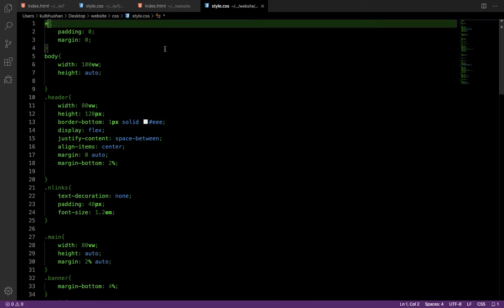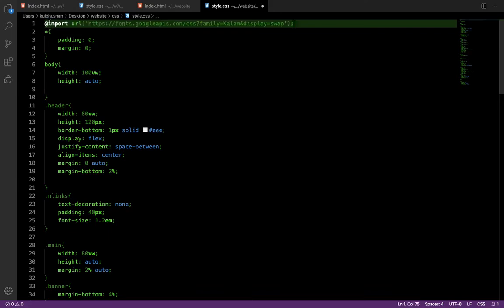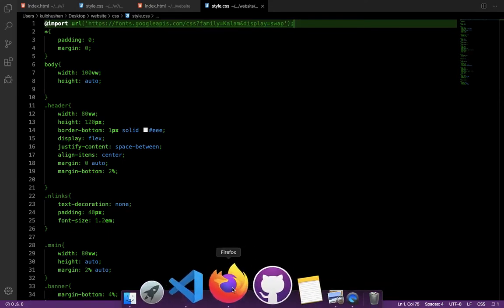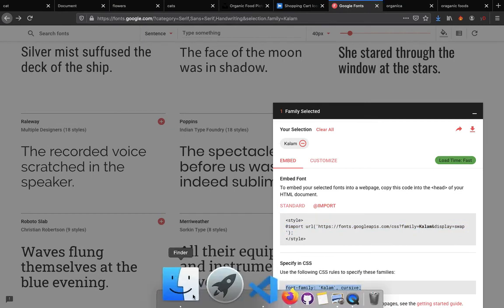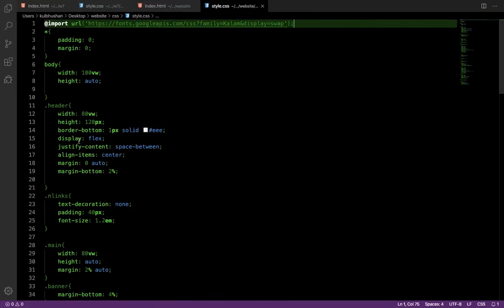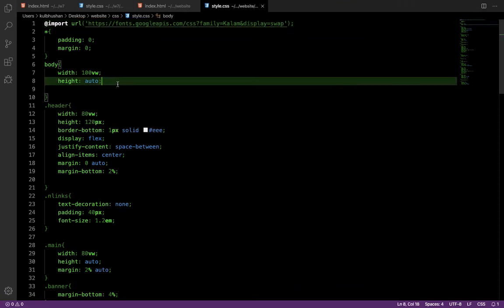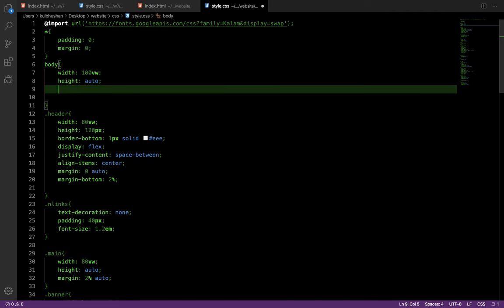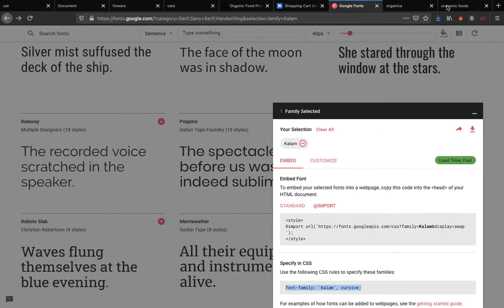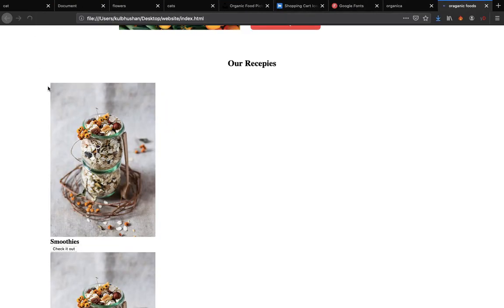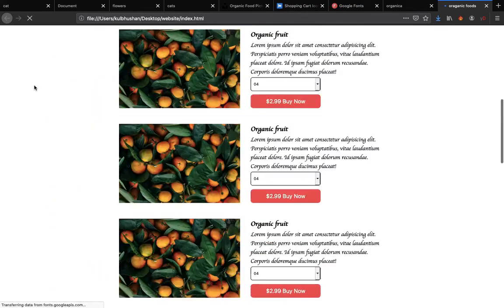Come over here and put this here, saved it. Now come back again. Now you need to copy this thing. We need to give this font to the whole family, whole body. If we were giving it to something specially, we had to put it over there, but since we are giving it to everything, we are going to put the font family inside body. Save this now, and come back, and you will like the font, because the current font is very, oh